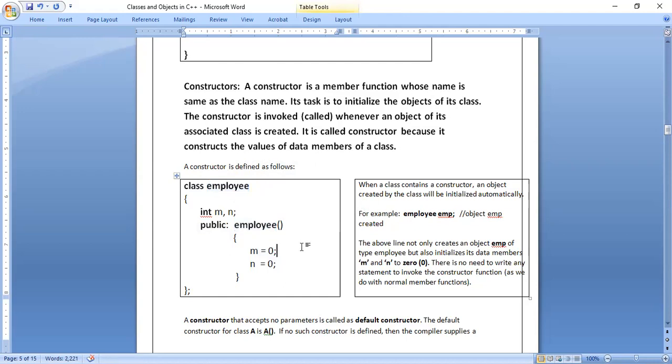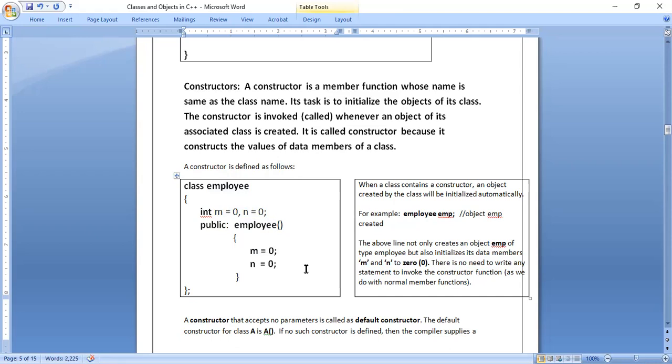In the constructor, what we are doing is m is equals to 0, n is equals to 0. If you want to give values for variables which are present inside the class, you cannot give them directly at this line. If I say m is equal to 0 and n is equals to 0 here, this is wrong. In an interview, if they ask why it is wrong to give the values at this point, you have to say memory will not be allocated at this particular line. When the object is created, memory will be allocated, so we can give the values only in the constructor.